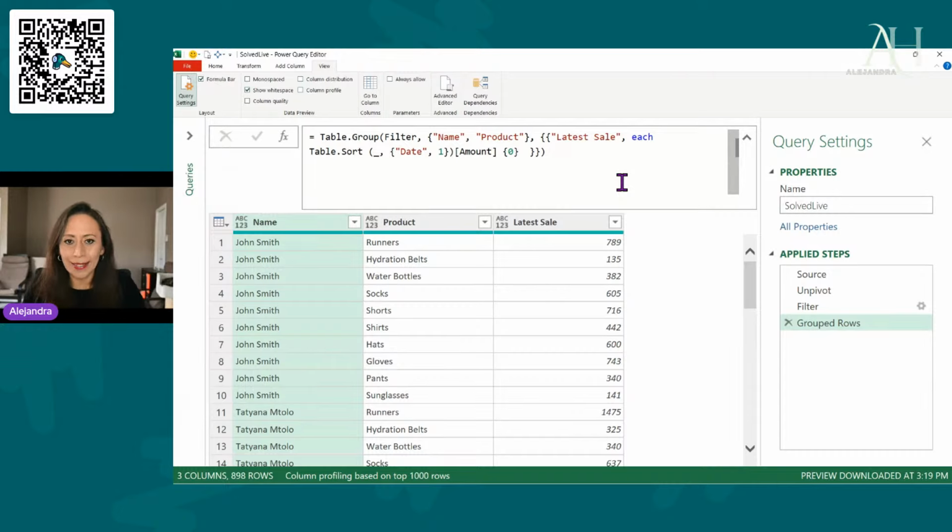And just like that, we have the latest sale or the latest year-to-date sale that these customers have with us. And I'm going to